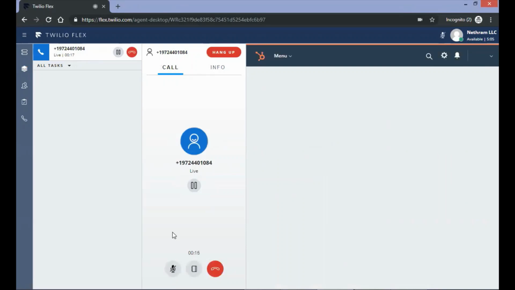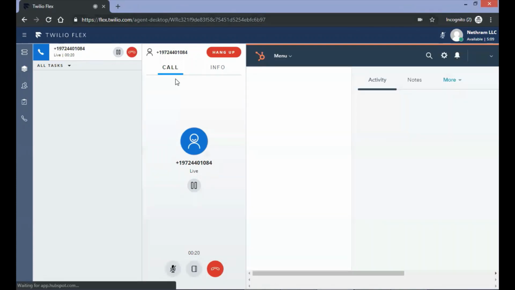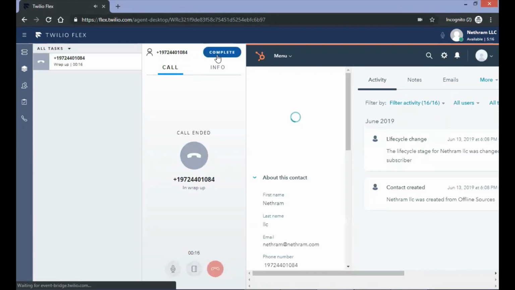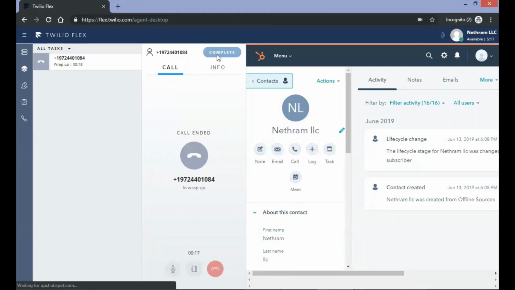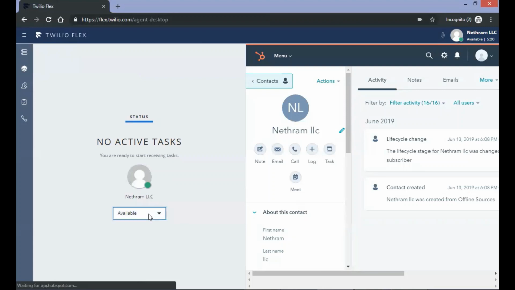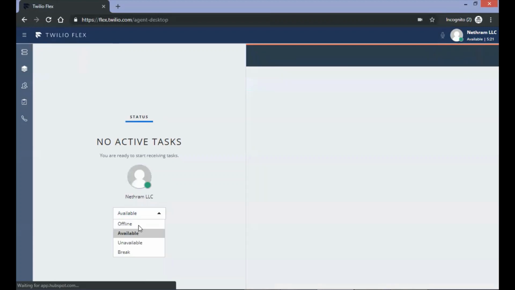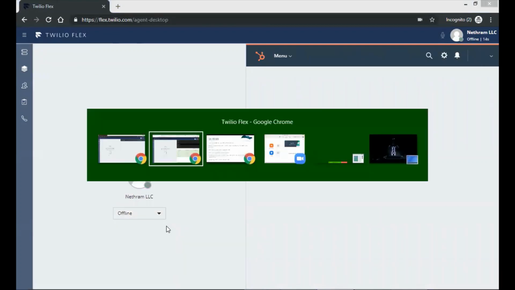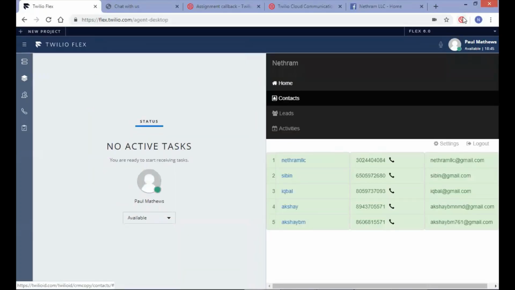So the second agent has accepted the call. Let's hang up this call. And let's mark the second agent as unavailable. So the second agent is now offline, and let's use the second option. This should now